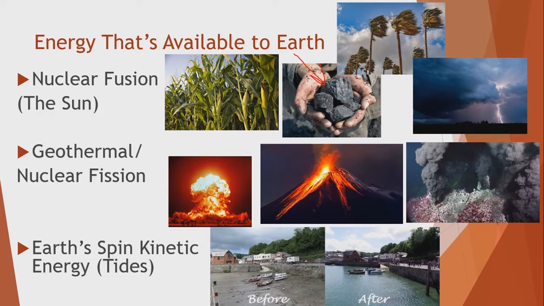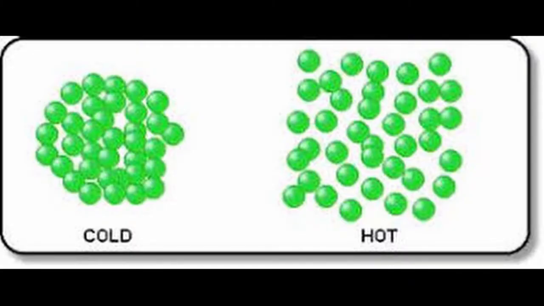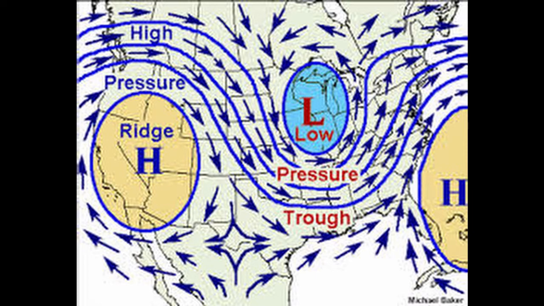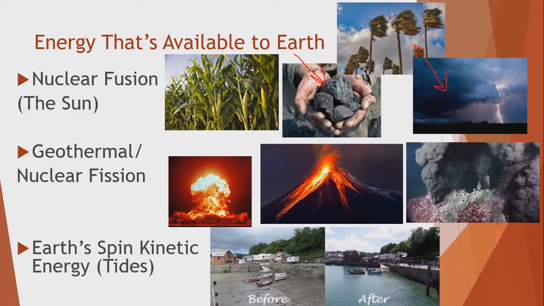These top two are kind of interesting to think about. The top picture is showing some palm trees blowing in the wind, and the reason the wind blows is that as sunlight hits certain parts of the Earth, it heats and cools different parts of the Earth. As you heat up things like air and water, they tend to expand, and when you cool them down, they tend to contract. This expansion and contraction of air is basically what wind is. So when you see the wind blowing, that's actually derived from the sunlight as well for energy.